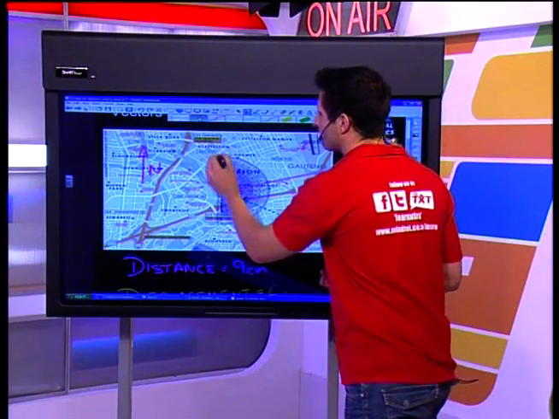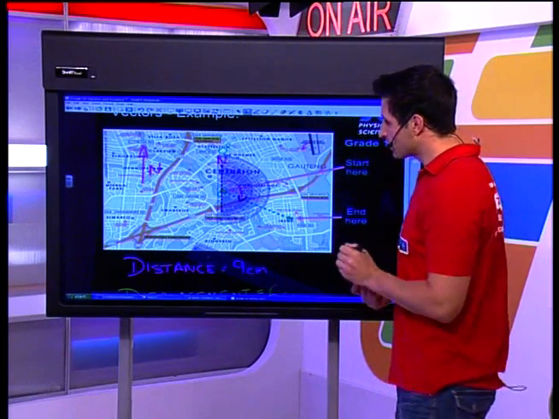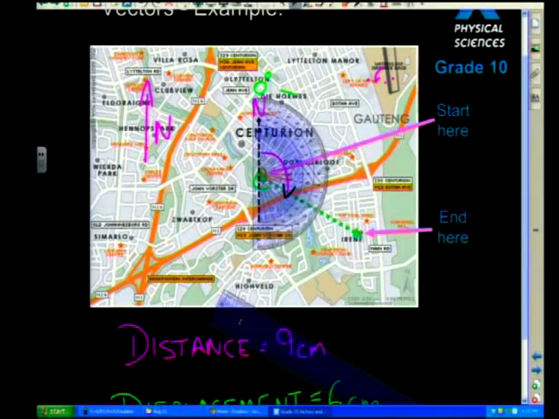So at the moment, I've got 0 degrees on the north line. What I'm going to do is rotate it all the way around, and find out what the reading is over here. So let's try to figure out what that reading might be. If I measure on my protractor, and you should be doing similar things at home when you draw these vectors, I'm going to find that there is 120 degrees from north in a clockwise direction. That tells me that I've got a bearing of 120 degrees.